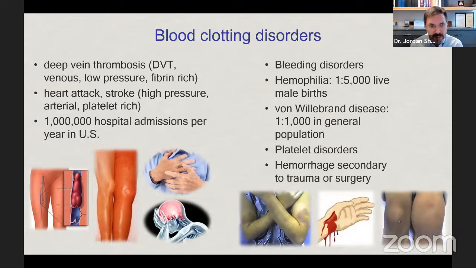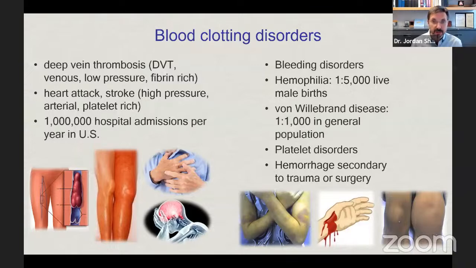I'm not going to spend a lot of time on this slide. I think this is familiar to the community. On the left, my lab studies both thrombosis and bleeding disorders. Thrombosis is pathologic blood clotting, of course, and it can happen as a DVT, deep vein thrombosis, or stroke and heart attack are both forms of thrombosis in the arterial system. What we're going to focus on today is bleeding disorders. We're very familiar with hemophilia and von Willebrand disease, and my interest is in the genetics of these disorders. And then also we have an interest in how genetics influences hemorrhage that may be in patients who don't have